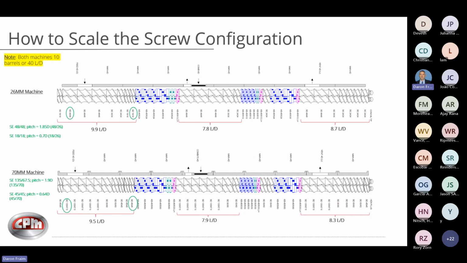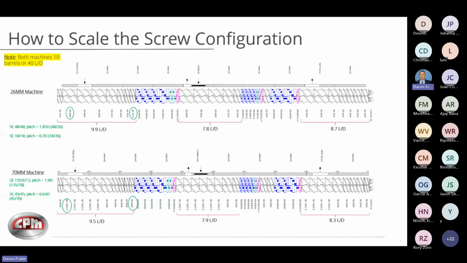And as you can see here, when I start matching these machines, not only do I want each individual element type to be as close as I can in terms of its pitch on the conveying, relative pitch length relative to diameter of the machine, but also the overall length of the conveying sections. As you can see here, I'm 9.9 L over D on the top one, 9.5 L over D. That's total conveying length. Same thing in the middle here at 7.8 on the small machine, 7.9 on the larger,